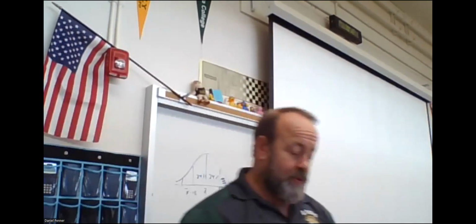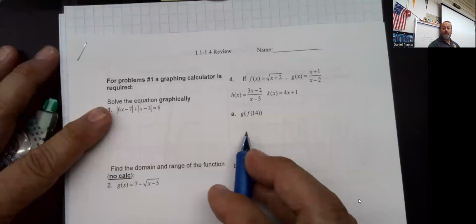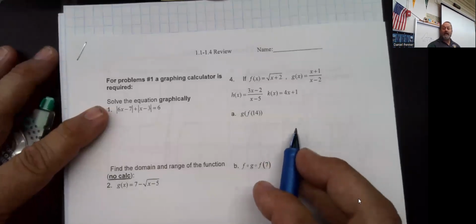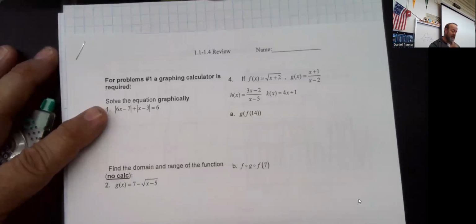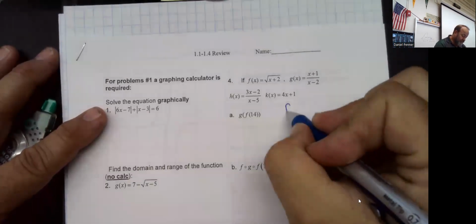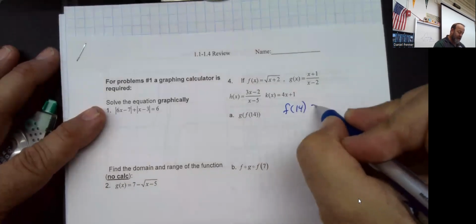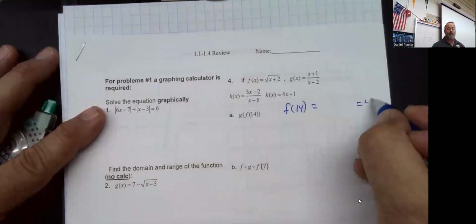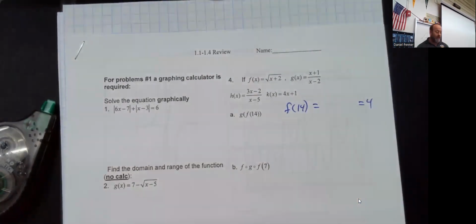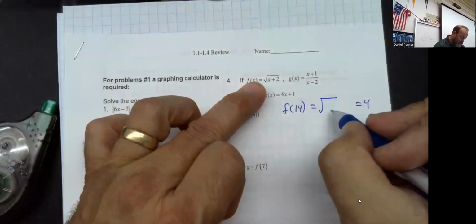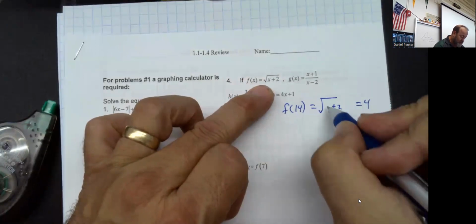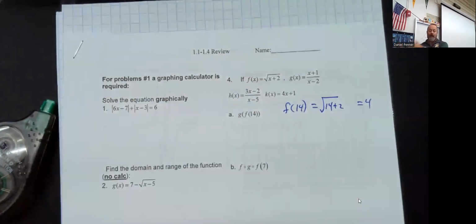We're going to start off with some composites. Remember, when we say g of f of 14, that means we're going to actually find f of 14 first, and we're going to plug that into g. So I know that some of you would look up here and see the number 4 very rapidly, and I'm totally good with that as long as you're perfect. But I think it's really smart to go ahead and replace the x with that number to show where that number came from. That way, if you made a mistake, you're not going to lose all of your